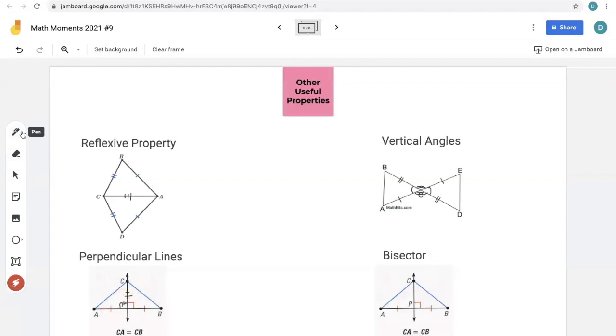Now, another thing is the bisector. What a bisector does is it divides a line or an angle in half, which means on one side of your bisector, it's going to be the same as the other side of your bisector. So in this case, CP, which is the middle line here, is the bisector, which means side AP is going to be the same as side BP,